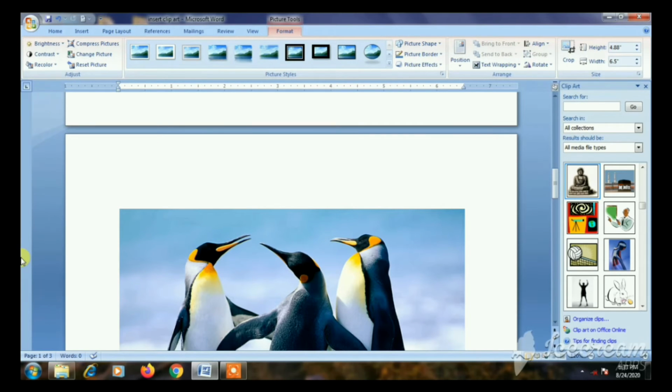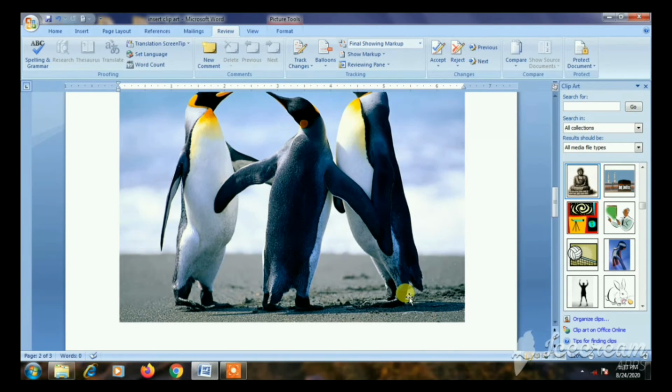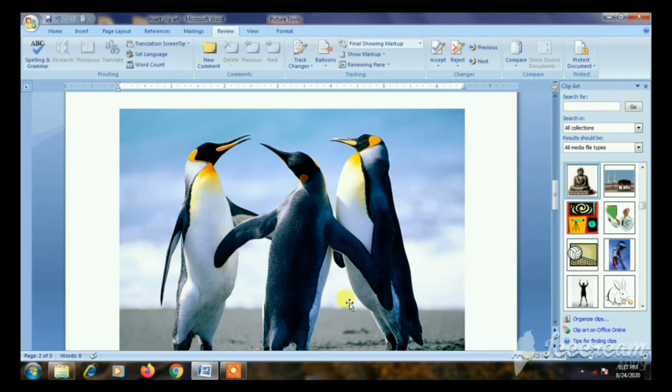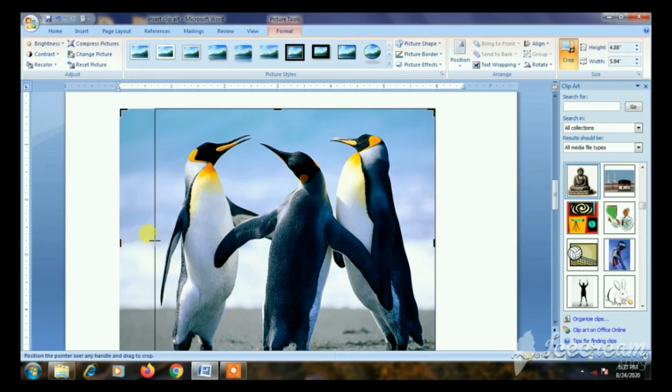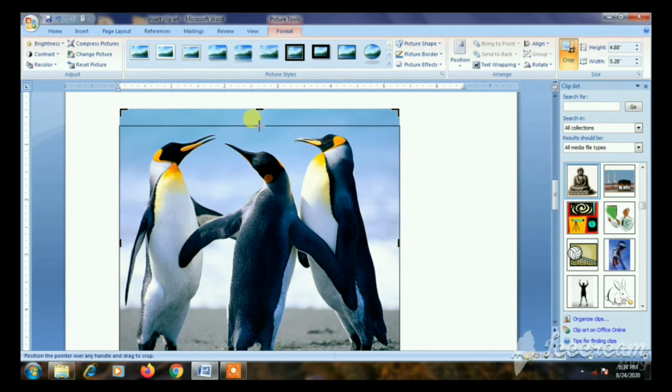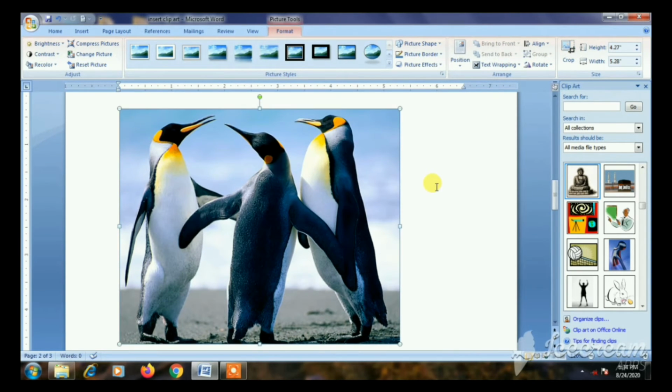The next one is about cropping an image. How do you crop an image? First you select any image. Crop means you have to remove the unwanted portion of the image. So you first select the image. Now I crop this image, so I first select it and click the Format tab. See the mouse pointer, this is the crop button. If you click this, a crop symbol is applied on all the sides. The crop symbol is displayed. You just adjust those corners and you can crop the image. This is the way to crop the image.